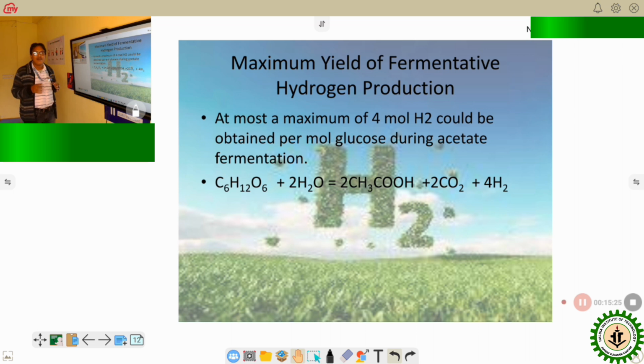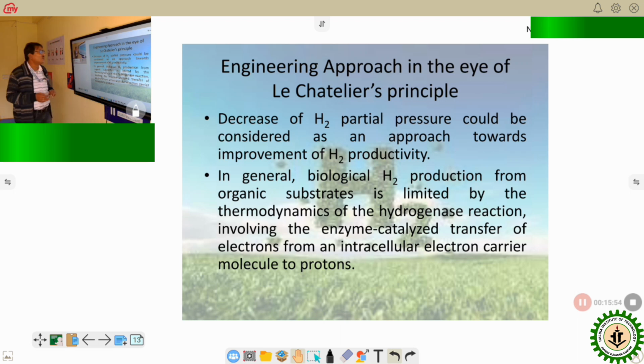We have developed a 1,000-liter pilot plant during the research of this fermentative biohydrogen production at IIT Kharagpur, Indian Institute of Technology, Kharagpur, and we found that out of 4 moles of hydrogen, we achieve 3.9 moles of hydrogen at reduced pressure. So it's close to the theoretical amount, and it is reported till now. Based on this data, we have also designed 1,000-liter pilot plants, and it's now an almost commercialized